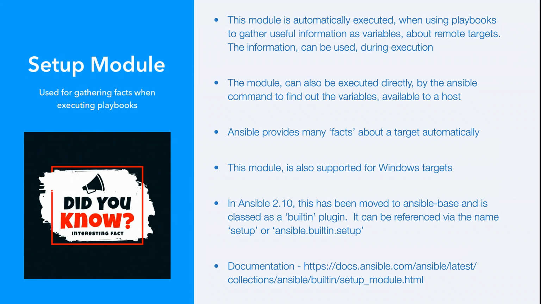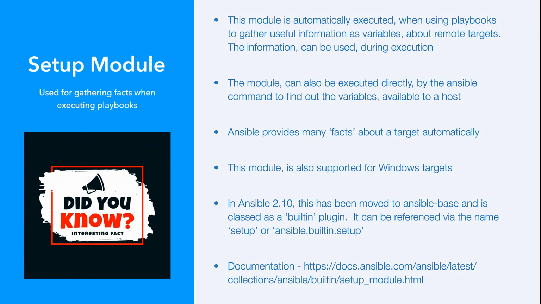The first one we'll look at is the setup module. This module is automatically called by the playbooks to gather useful variables about remote hosts that can be subsequently used in playbooks. We can call this module directly with the Ansible command to see the variables that are available for a target. The information provided in this command are referred to as facts, and correspondingly, Ansible provides many facts about a system automatically. In the course, we're using Linux systems, but if we were to use this against Windows systems,